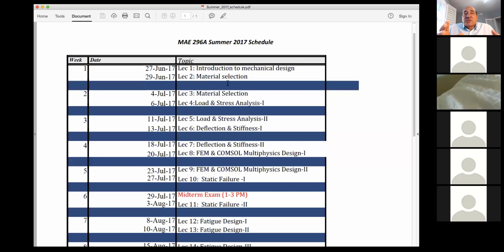So what you'll see in the first part of the course after this week, so this week is basically on materials and material selection. You'll get just a preliminary idea about how to select materials for stiffness especially, or for deflection. But in the future, if you're going to take the next class, 296B, you will be doing more material selection for high temperature applications.